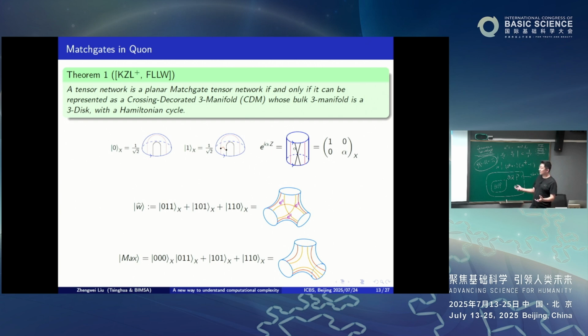And then when you compose those tensors, you will see an interesting phenomenon. For each hole, those boundary lines will be a closed string surrounding the hole. And then we have a so-called string genus relation. When a hole is surrounded by a string, we can remove it. So that will kill all the holes. That means for match gate tensors, or planar match gate tensors, we can remove all those holes. If it's not planar, then we don't have enough rules to remove all the holes. That's the major difference between planar and non-planar phenomena here. And it's encoded in a natural way. So for planar tensors, we can remove all the holes.